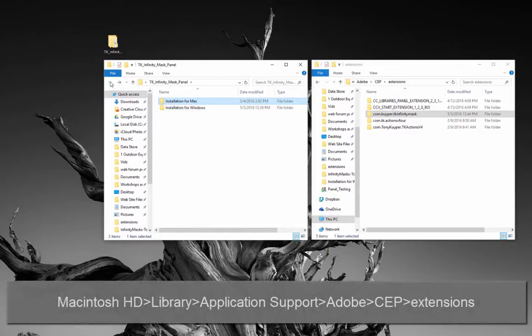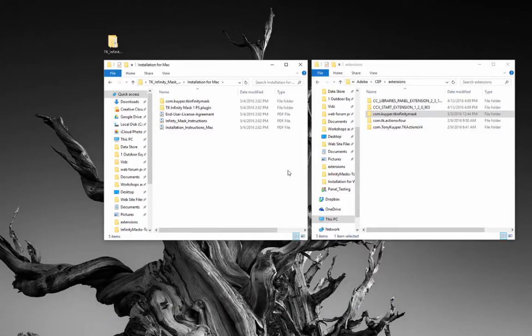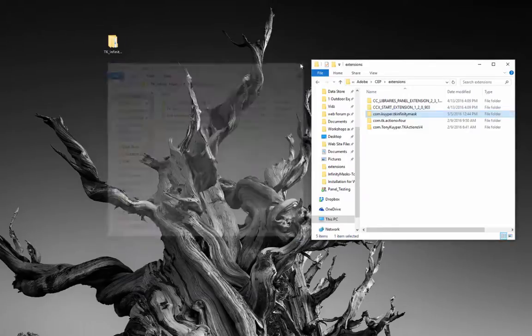The pathway on a Mac would be Macintosh HD, Library, Application Support, Adobe, CEP, Extensions, and then from the Install for Mac folder, copy the com.kuiper.tk Infinity Mask folder into the Extensions folder. And that completes the installation. We can close these two windows